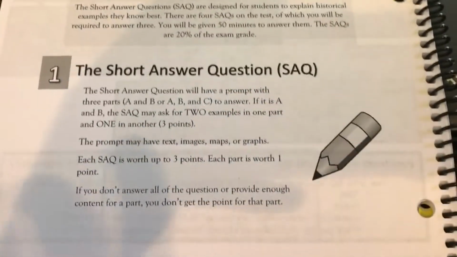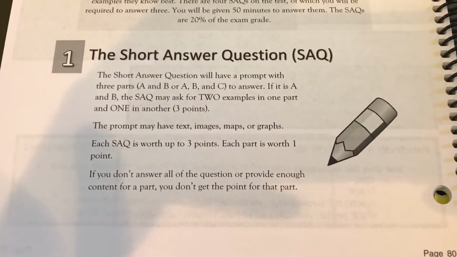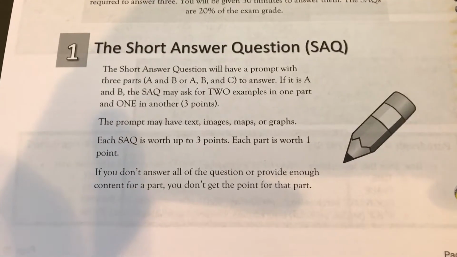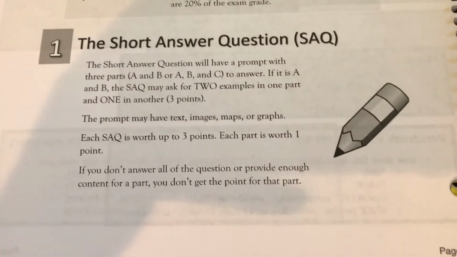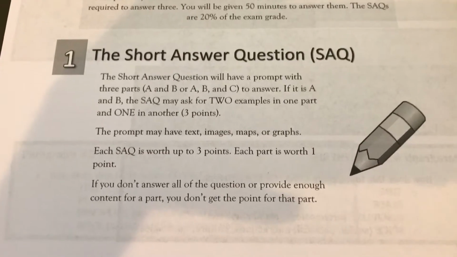So here's the first part. It says that you guys will have a prompt with 2 or 3 parts. You'll have an A or B, or an A, B, and C to answer. I know on your test you'll have 3 parts. The one that I'll show you here has 2 parts. So if it has 2 parts, just an A and a B,